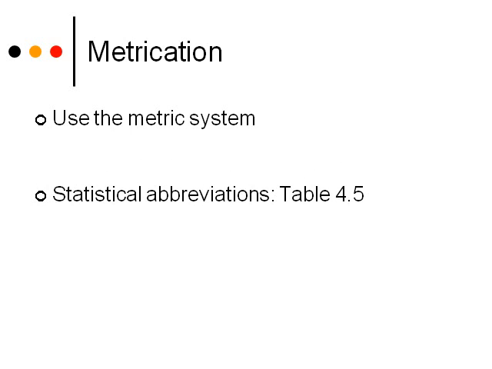Lastly, APA's policy on metrication, use the metric system, right? So we talk about meters and millimeters and centimeters, not inches and feet. Pretty straightforward stuff. And then some more statistical abbreviations, most of which you're familiar with, but just in case you're not, you can find those in table 4.5 of the manual. So that's about it for the second half of chapter 4 of the APA manual.